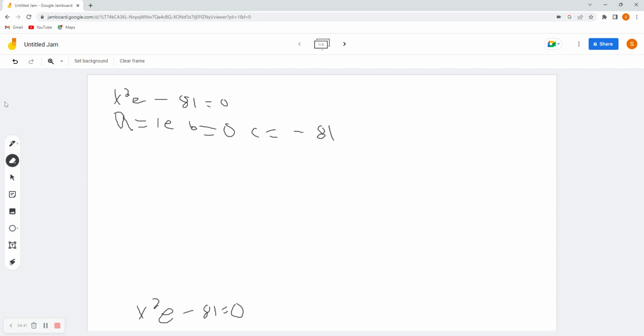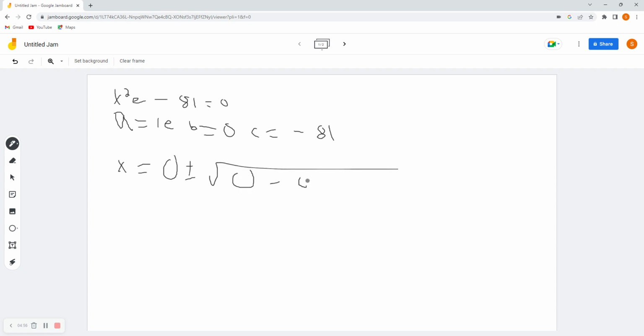So then we just do the quadratic formula. We say that x is equal to 0 plus or minus the square root of 0 minus 4e times minus 81, all divided by 2e, and we get x is equal to the square root of